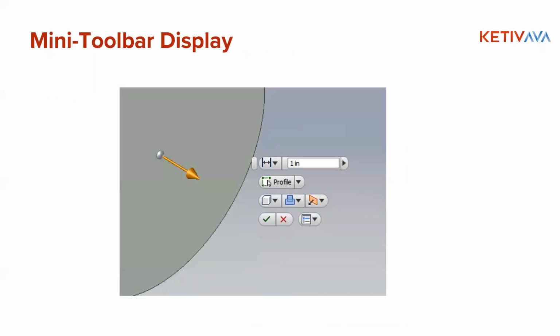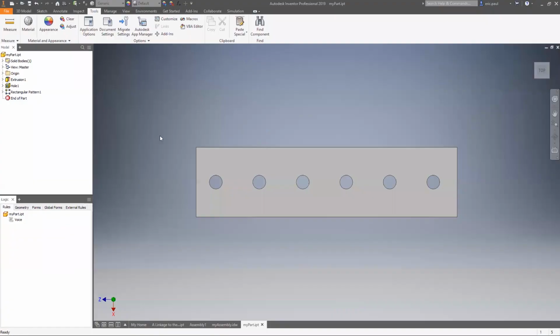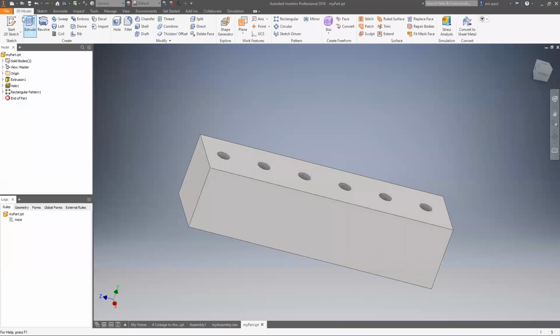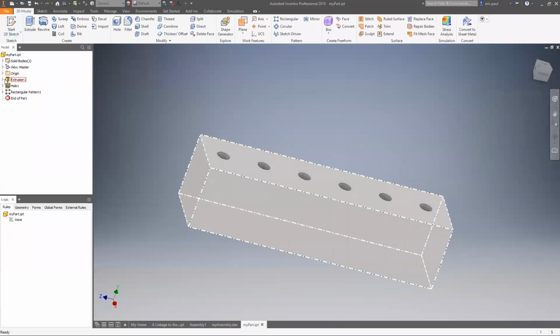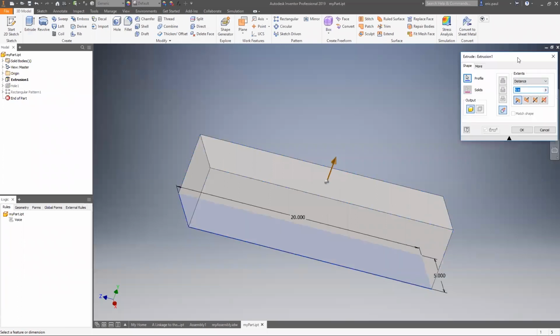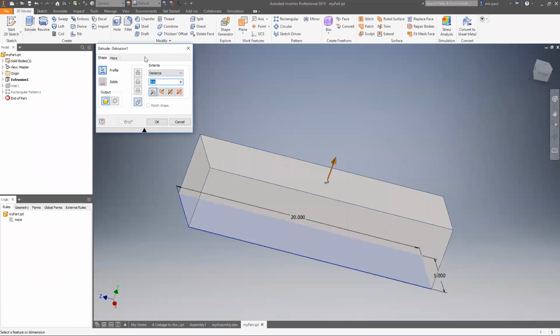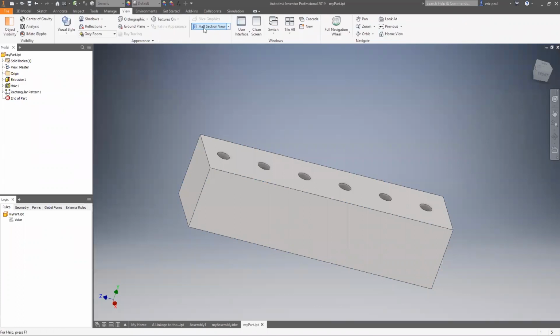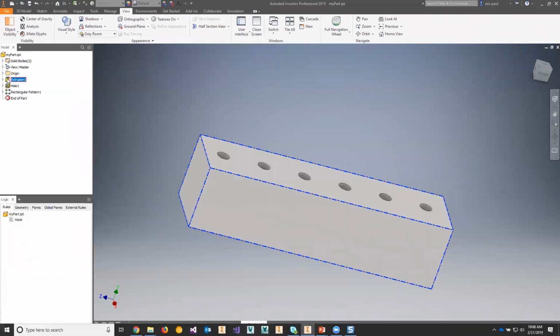Mini-Toolbar Display. This is new in, I believe, 2018. This is when you have a feature that you're trying to use, and let's use this extrusion as an example. You might be used to this dialog box showing up for manipulating the feature. What they added in was under View, User Interface, there it is, this mini toolbar. So once I open this up again,